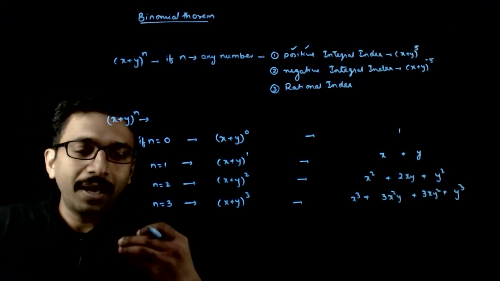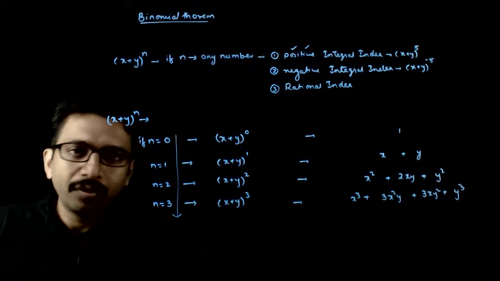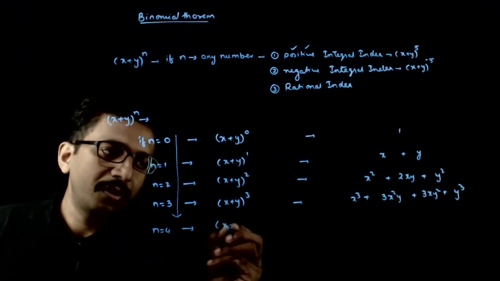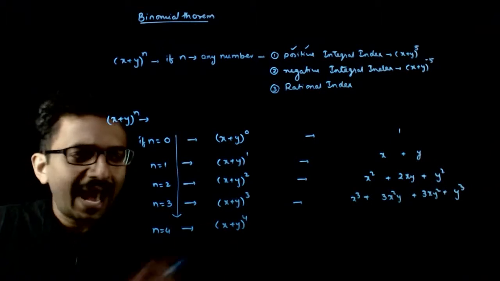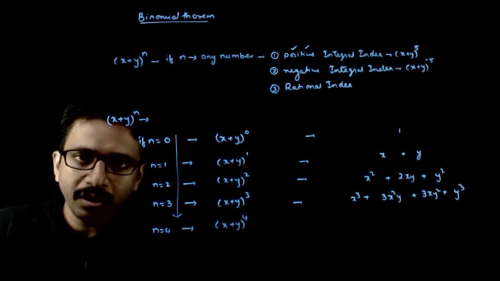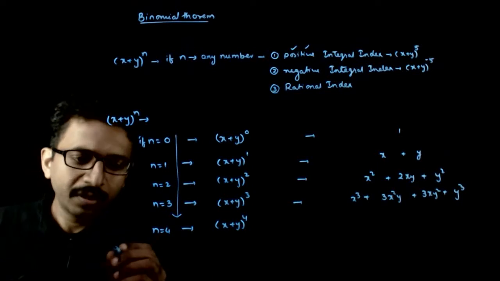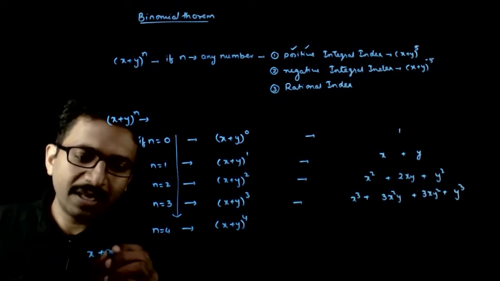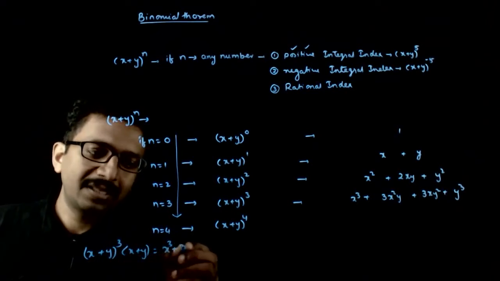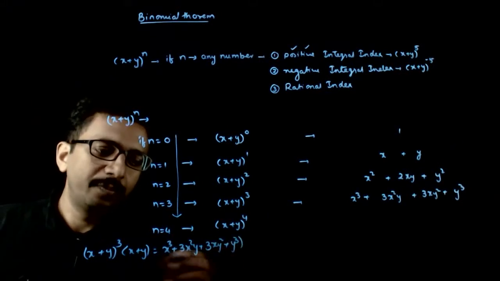So till n is equal to 3, you know the expansions in your lower classes. Now we are trying to analyze if there is a pattern that is being followed as you go to higher and higher numbers. If n is equal to 4, you have (x + y)^4. If I ask you to find (x + y)^4, you will be able to find it even without binomial theorem. So how do we do it? You just need to multiply (x + y)^3 with (x + y) again. So it will be something like this: (x + y)^3 into (x + y), that is equal to (x^3 + 3x^2y + 3xy^2 + y^3)